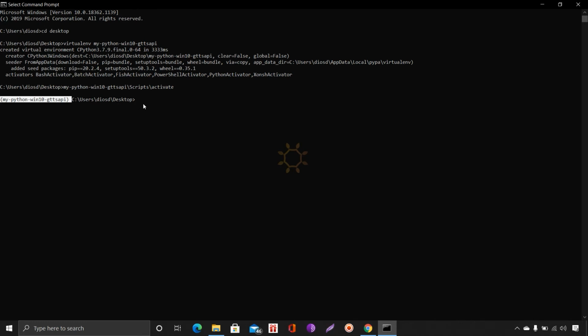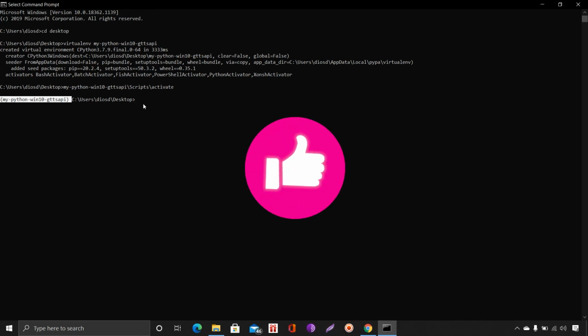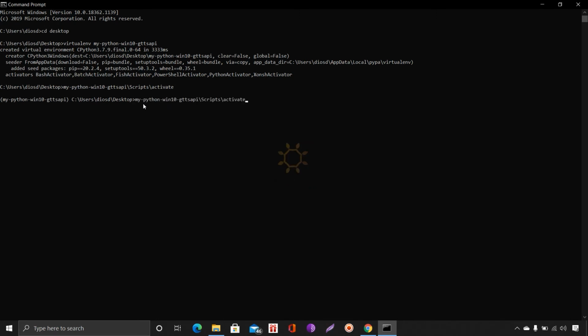Now we have to install whatever library we want. Now we are going to install Google Cloud text to speech. For that, again you need to type this folder name and Scripts.